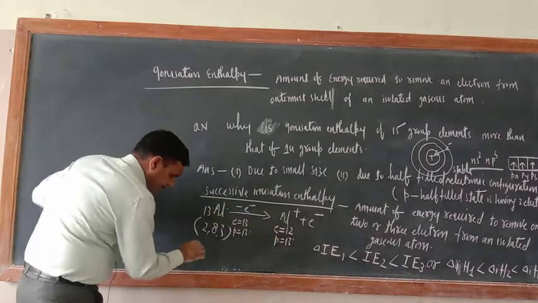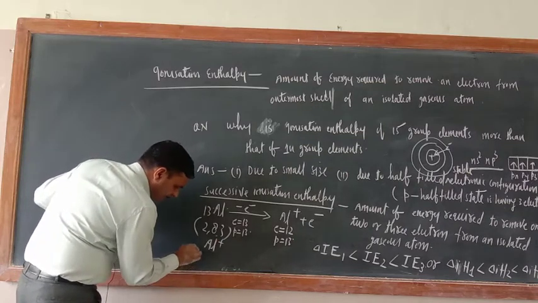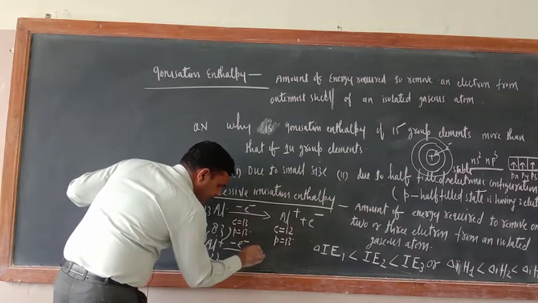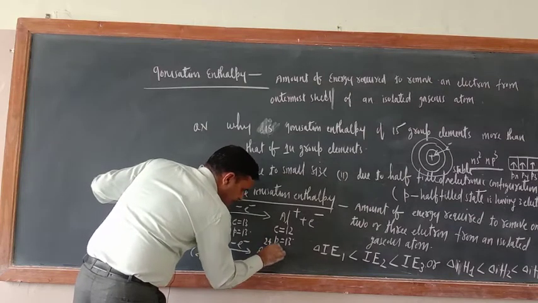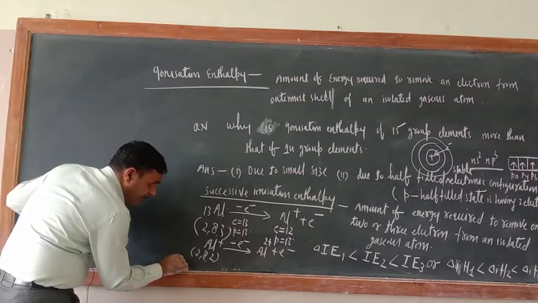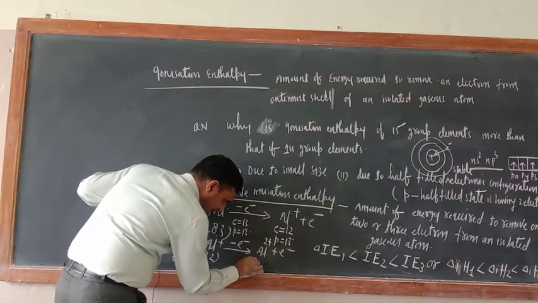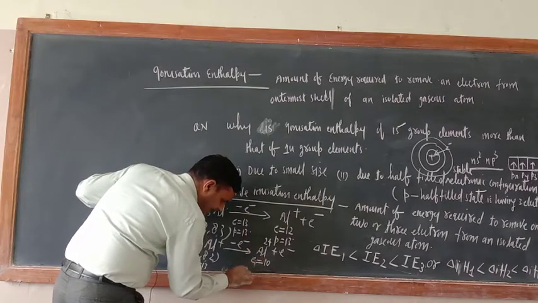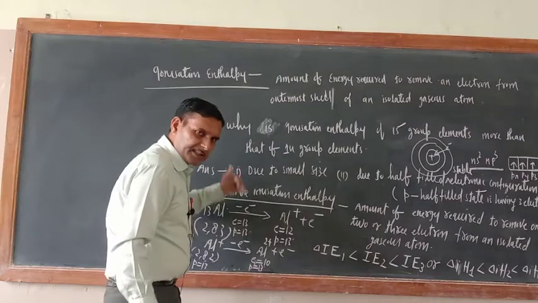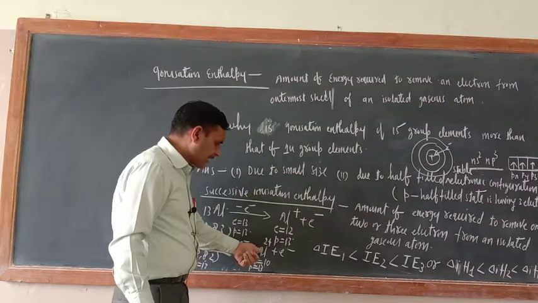Okay, now remove an electron further. Aluminium single positive means 2, 8, 2. Remove one more electron. So here Al2 positive plus 1 electron. Now just see, what was the condition? Electrons were 12 and protons were 13. Now what about this one? Here e is now 10, and what about p? p is still 13. So the nuclear charge has increased more, or not? The effective nuclear charge per electron is increasing.